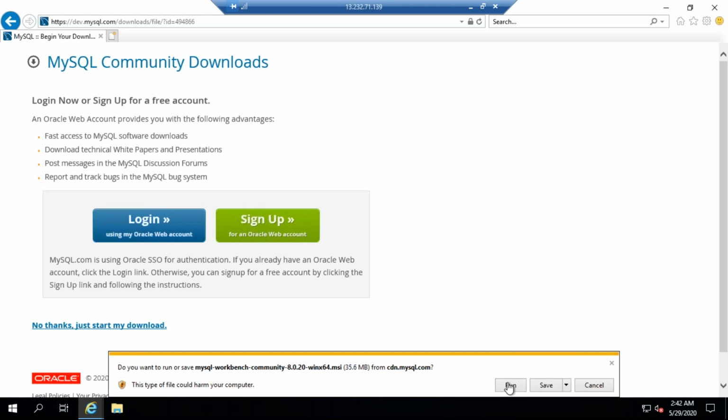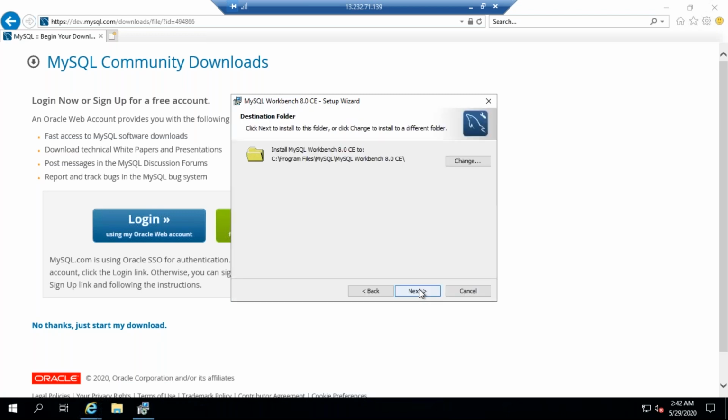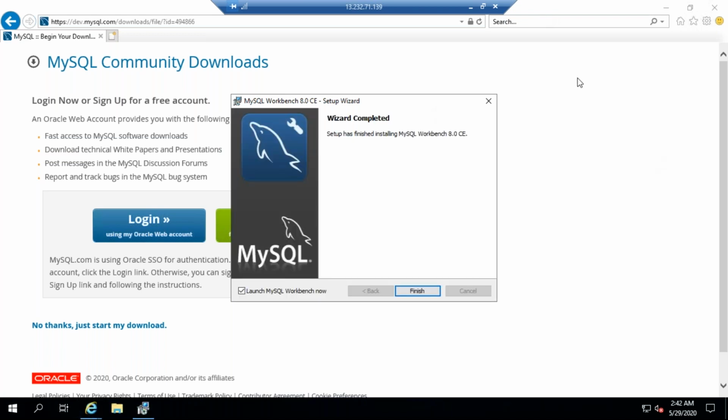Directly click run. Now we are going to install MySQL Workbench. Click next, next, next, next, install it. Just click finish.